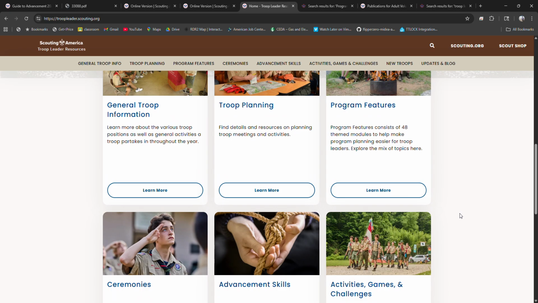So how does it help? The Troop Leader Resource Hub is Scouting 101 for leaders. Whether you're new to the troop or you're an experienced leader looking to change or improve something in your unit, this hub will tell you just about everything you need to know about troops and give you inspiration for new things to try out. Perhaps two of the most useful sections are the troop planning section and